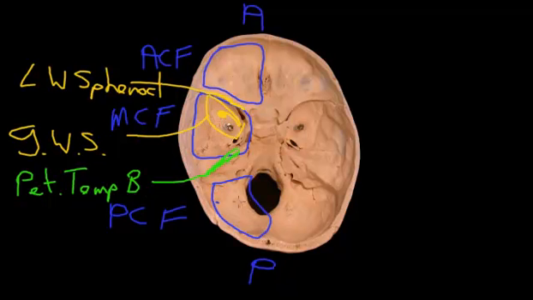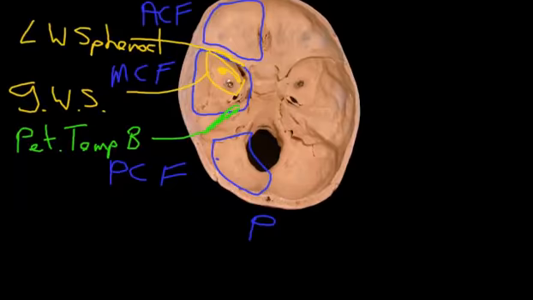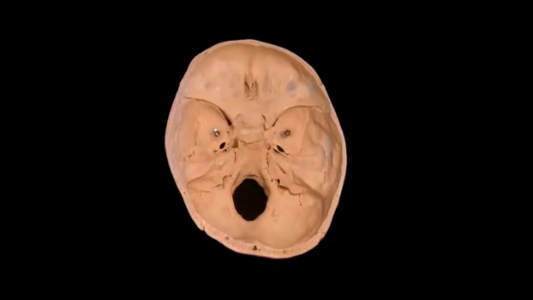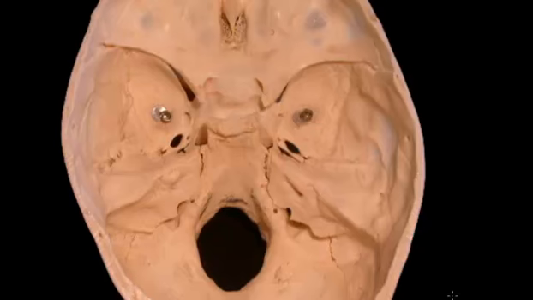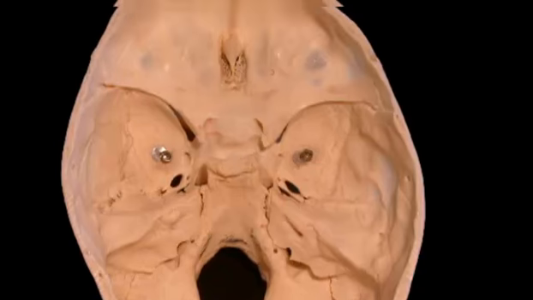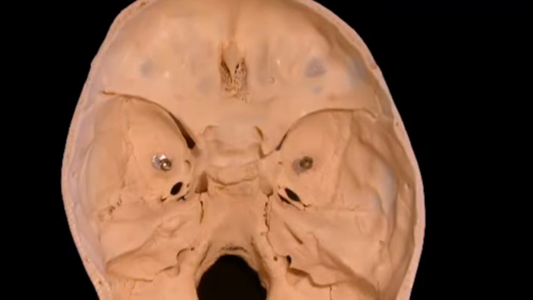So what we'll do now is move on and have a look at some of the foramina in this skull, and as a first step we'll have a look at where the cranial nerves leave the skull. So let's just move up in magnification a little so we can see better. There we go. And we'll start up here in the anterior cranial fossa and talk about the first cranial nerve, cranial nerve 1,